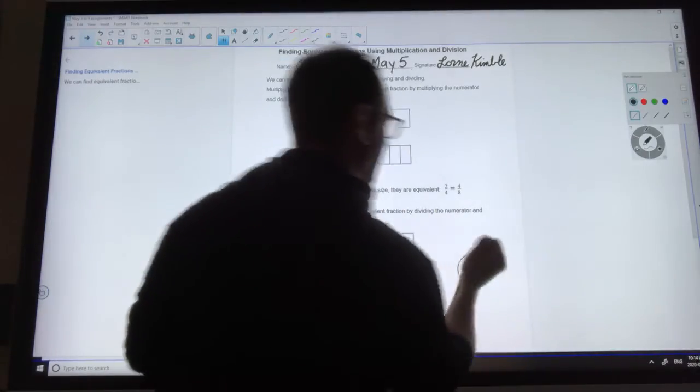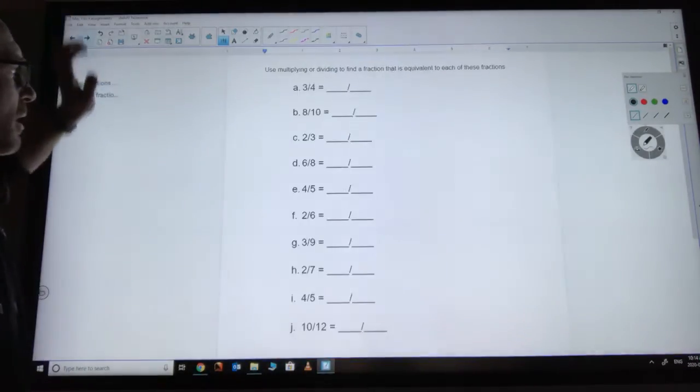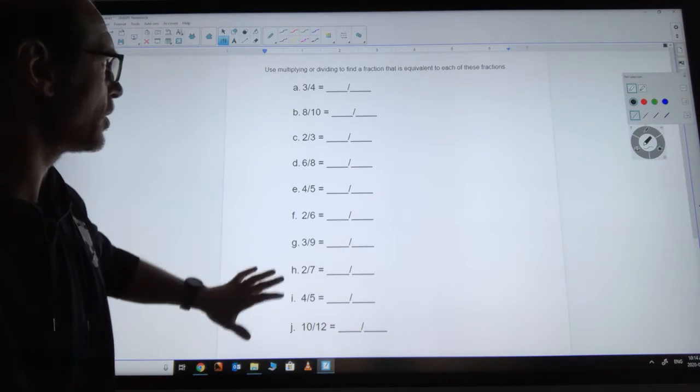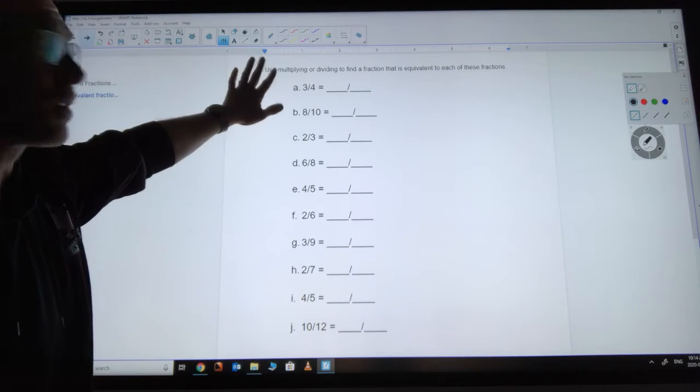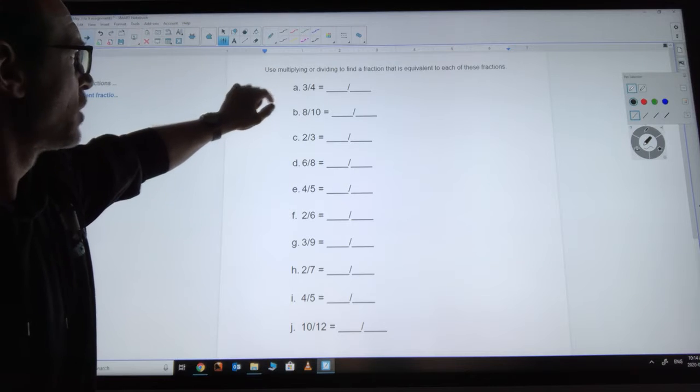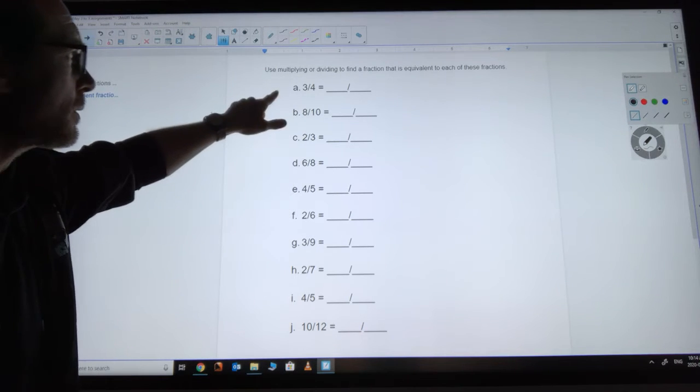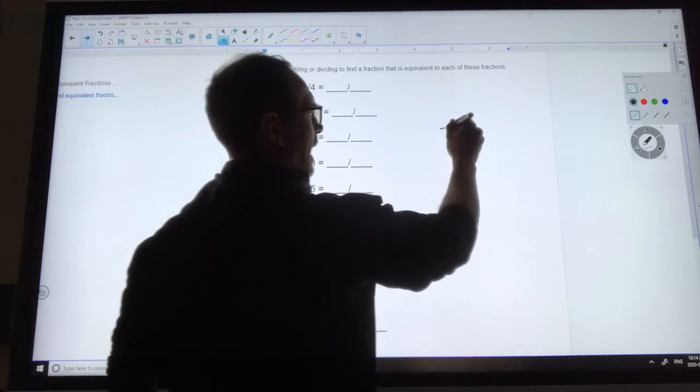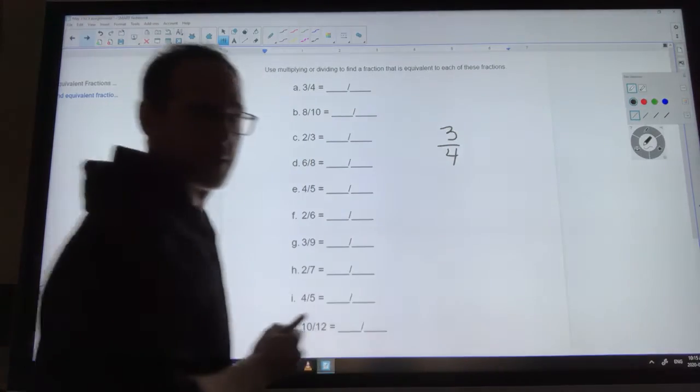All right, guys, on the back side of the page, there are about 10 for you to do. I'm going to help you out with the first 2. So for 3/4, if you look at 3/4, I can't use